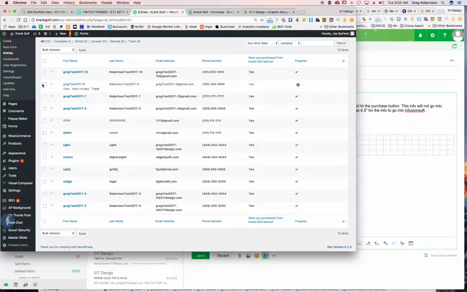This entry right here with this gray dot on it shows that it's an incomplete form, but it did gather information. To get all the information, you click on the name of the person right here, and this will be the last name. That's just the information I put in so I could keep track of what I was doing. So you click on the name,